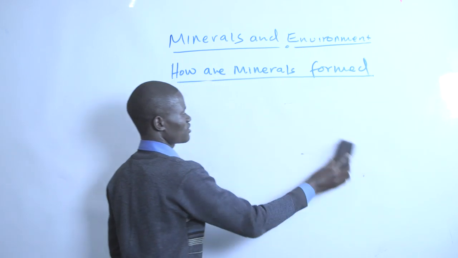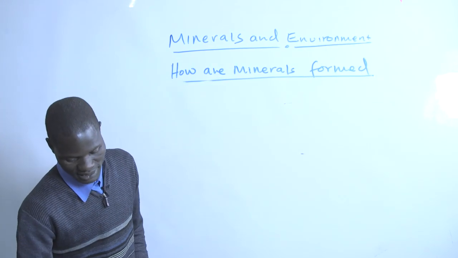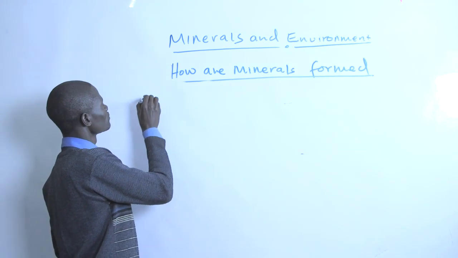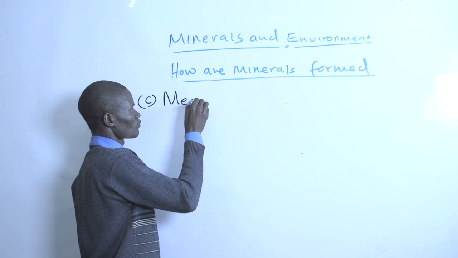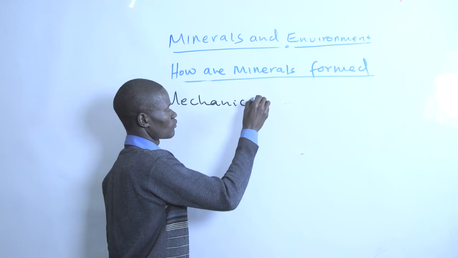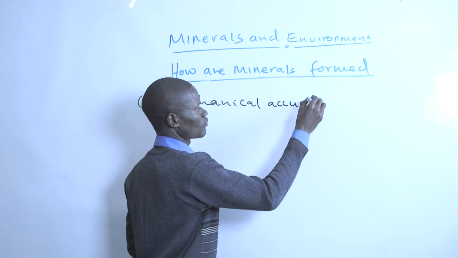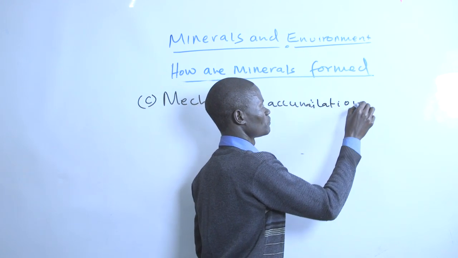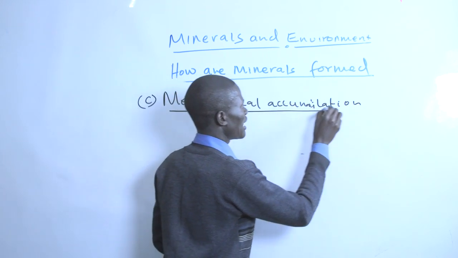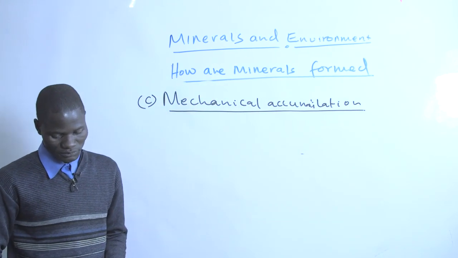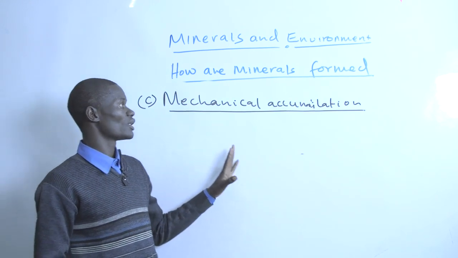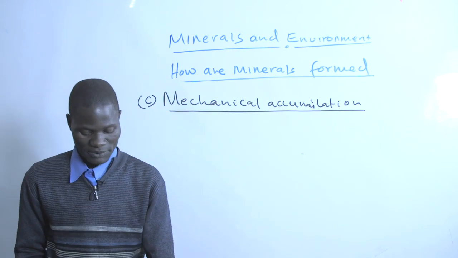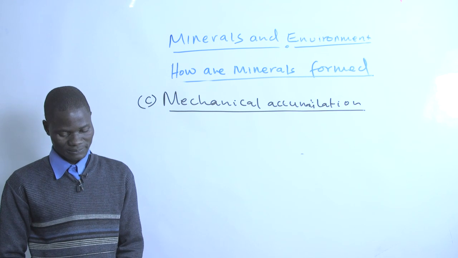Let's look at another geologic process. That is number 3, mechanical accumulation. We have mechanical accumulation. That is the process over which a mineral may also be formed. In other words, this one is now called general deposition. Mechanical accumulation can also be referred to as deposition on Earth's surface,